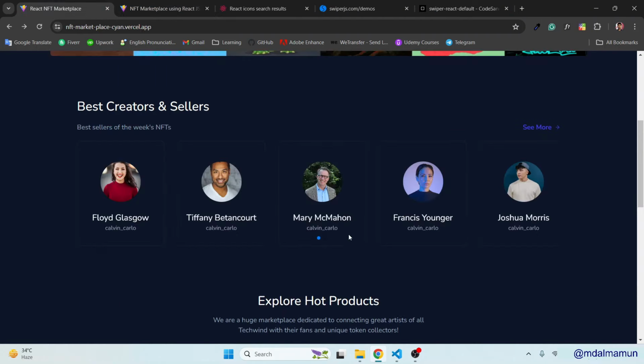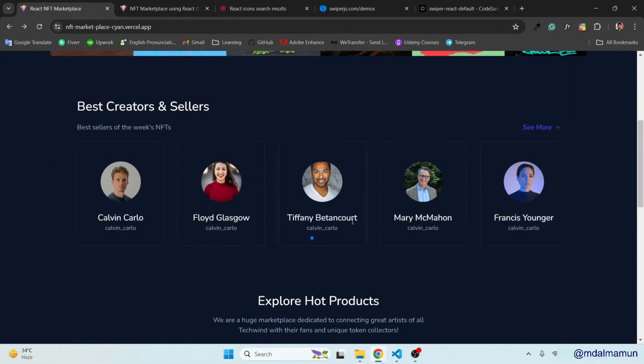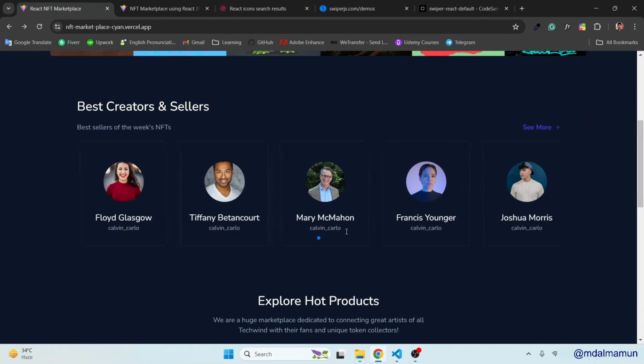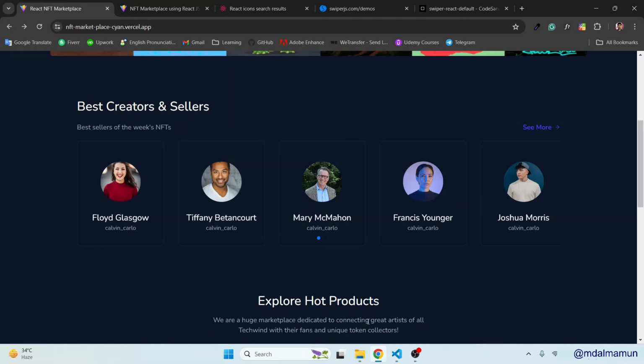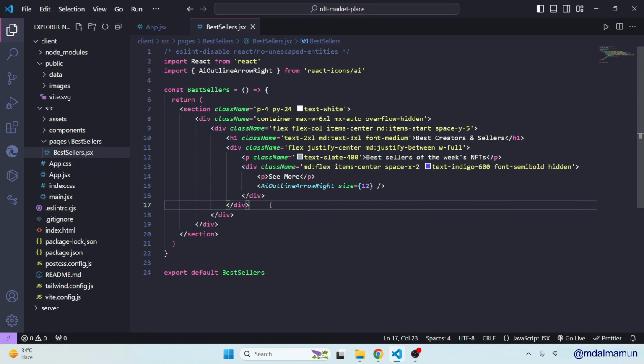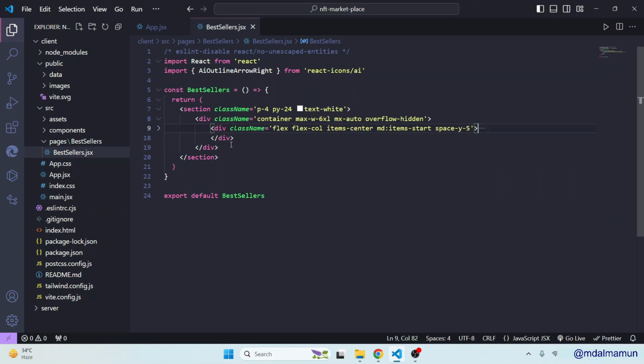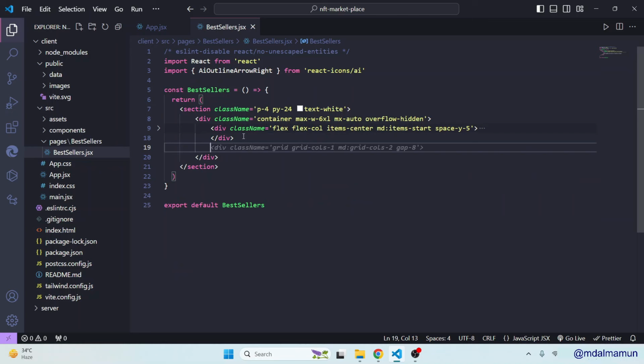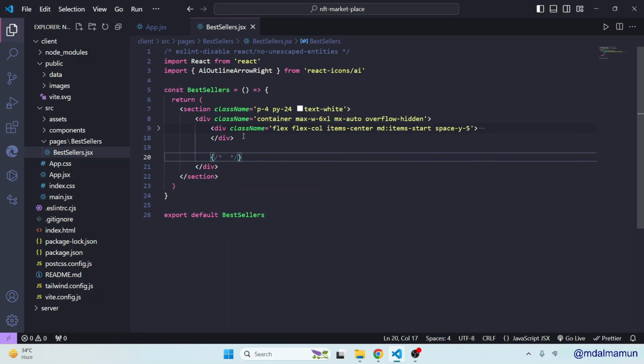After then we'll have to make this type of swiper. So that's why what we'll do, we'll create a new folder. So here actually, let me define this div. After this div, actually inside this container, we'll have slider, and for this actually we'll make an avatar slider. We'll click this and create avatar